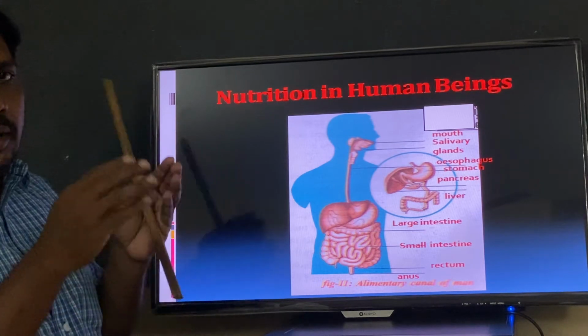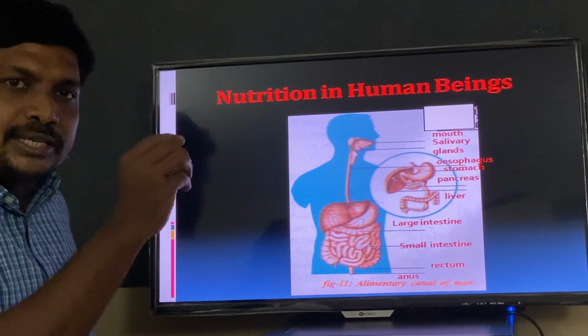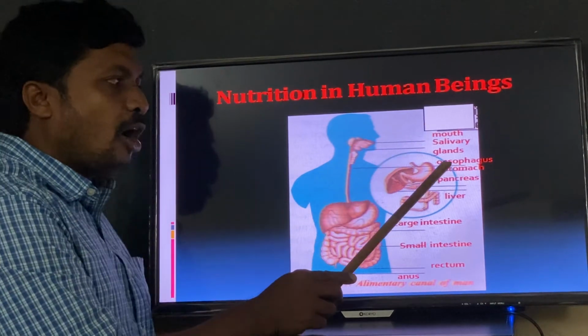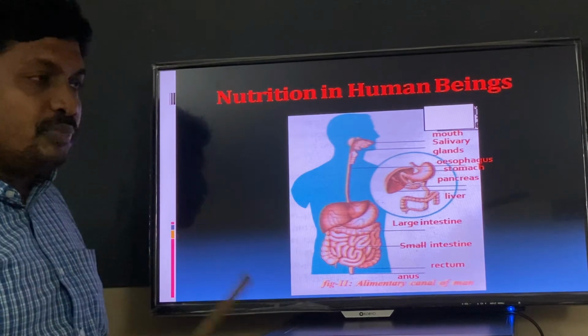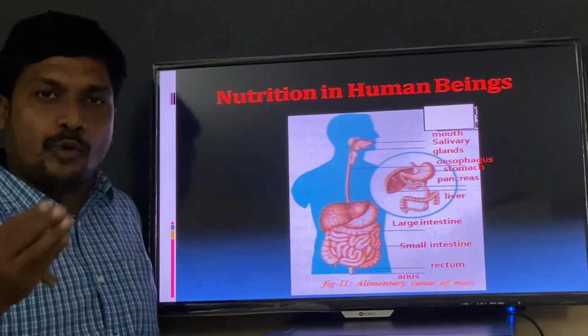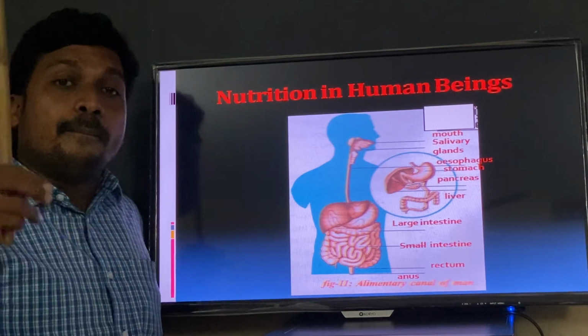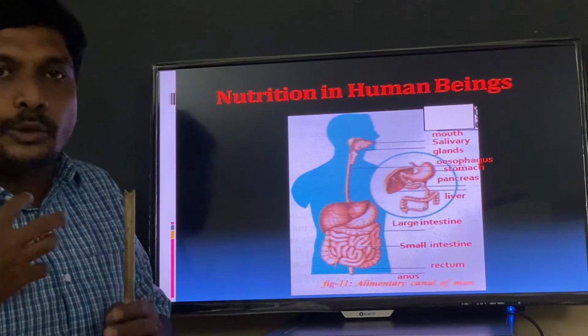Already we learned that enzymes convert complex food into simple ones. Proteins into peptones. Here, already we learned that HCl kills harmful germs and makes pepsin active. Do you know, in the human body some enzymes are released in inactive forms. This HCl makes the enzyme pepsin into active form.